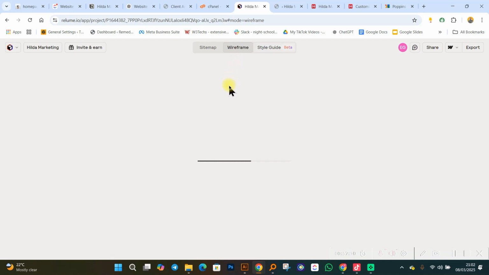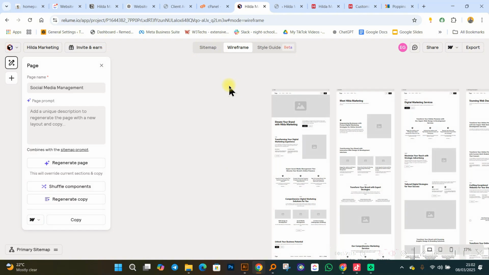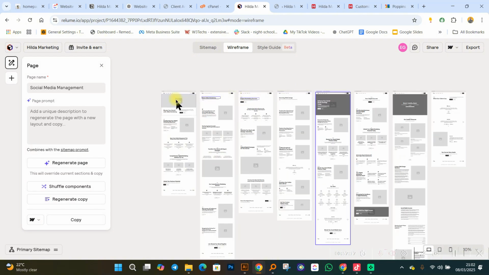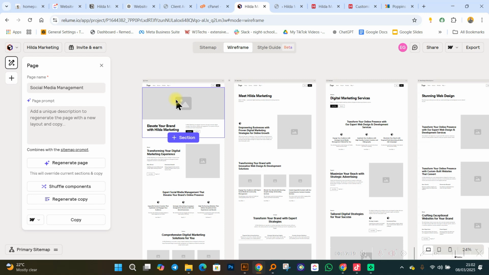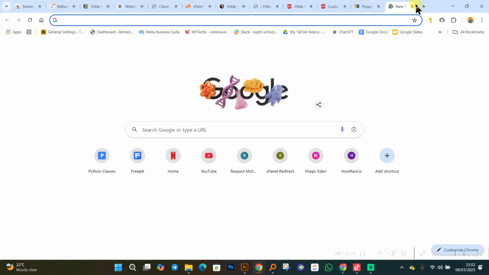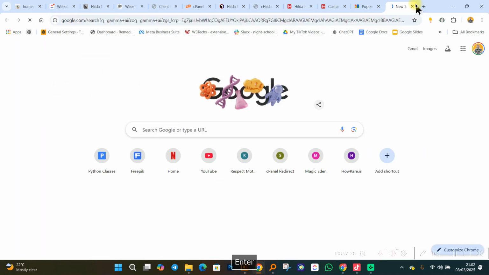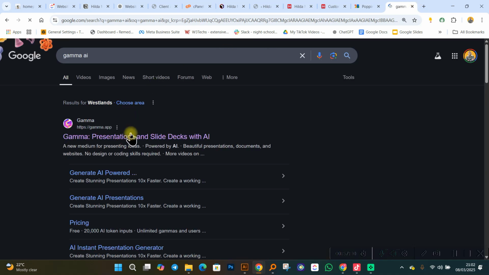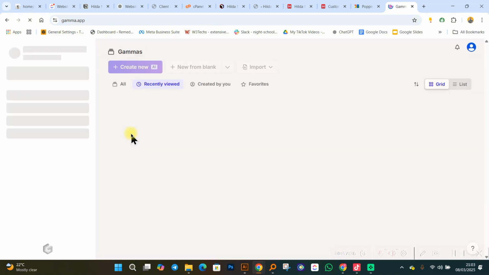Okay. Now, because we don't have all the time, Relume doesn't create your portfolio. But if you want to create your portfolio, you can go ahead and use a tool, if you are a portfolio person. There's another AI called Gamma AI. Okay, if you click on Gamma AI, you can easily create a portfolio very, very fast. It allows you to work with things we refer to as cards.